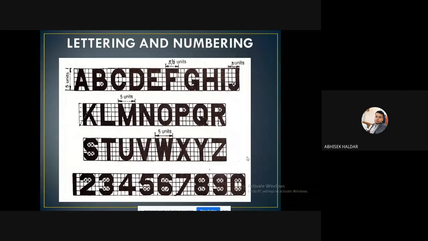Say you are drawing a parabola, an engineering curve, and just below that you are writing PARABOLA.